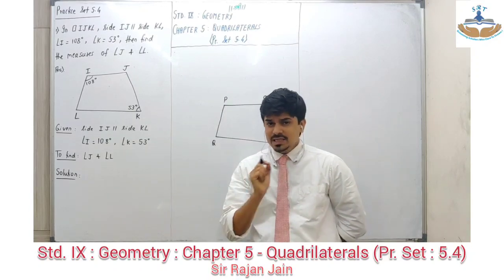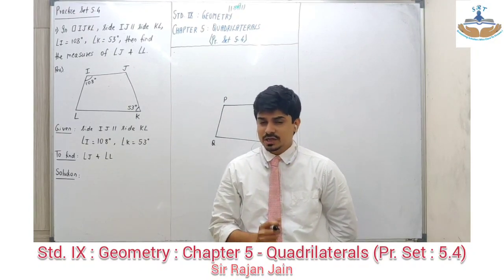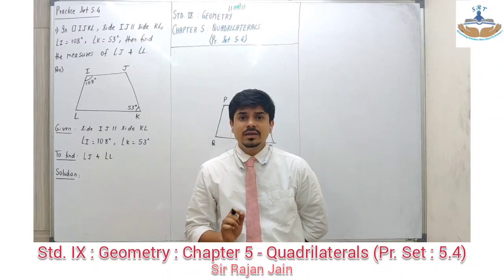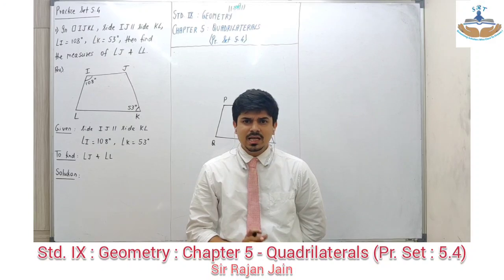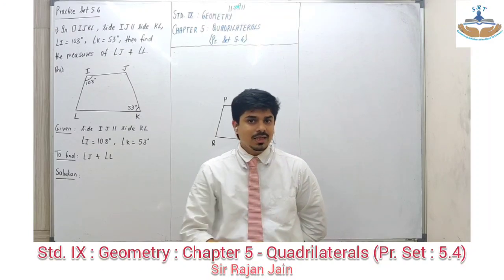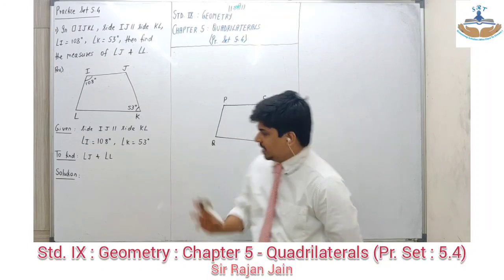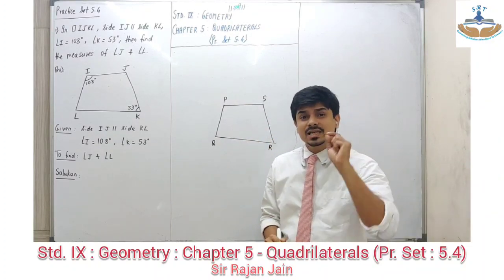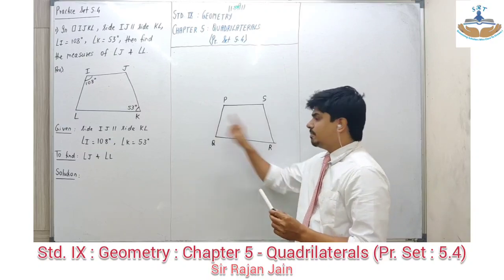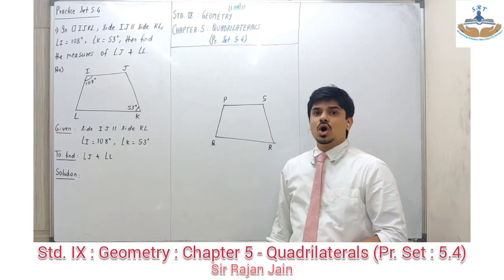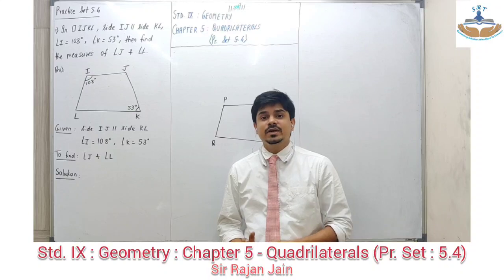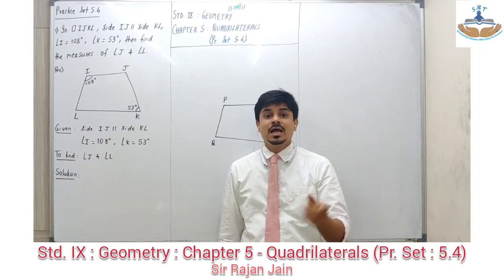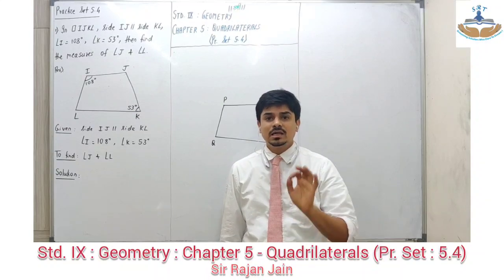Okay. Now, many students make a mistake in the definition of a trapezium. When they are asked what is a trapezium, their answer is a quadrilateral in which one pair of opposite side is parallel is called a trapezium. Now, this is an incomplete definition because trapezium में one pair of opposite side तो parallel होना चाहिए, but with that it is compulsory that the second pair of opposite side has to be non-parallel. So what will be the complete definition? A quadrilateral in which one pair of opposite side is parallel and the second pair is non-parallel is called as